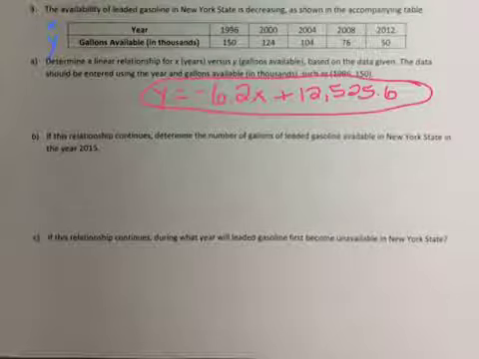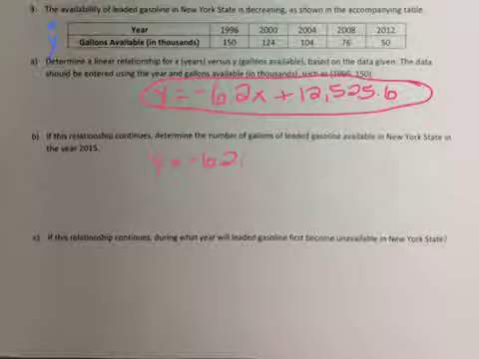Okay, part B says, if this relationship continues, determine the number of gallons of leaded gasoline available in New York State in the year 2015. So since they give us the year 2015, the year represents our x value. So we're going to replace this x with a 2015. So we'll have y equals negative 6.2, and in place of x, we'll have 2015,